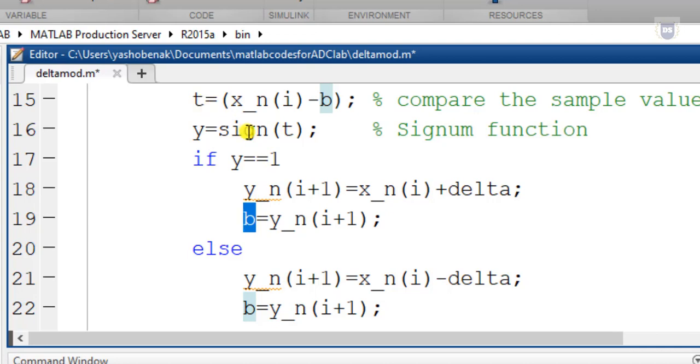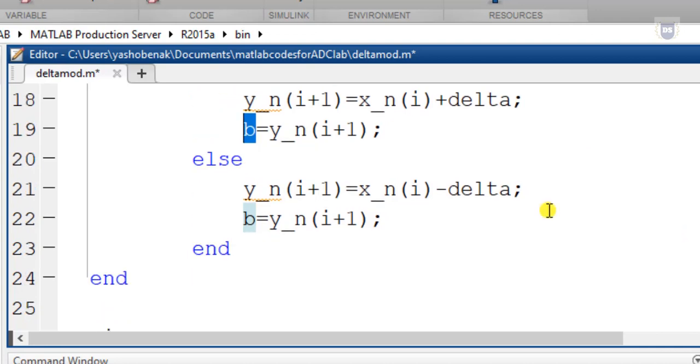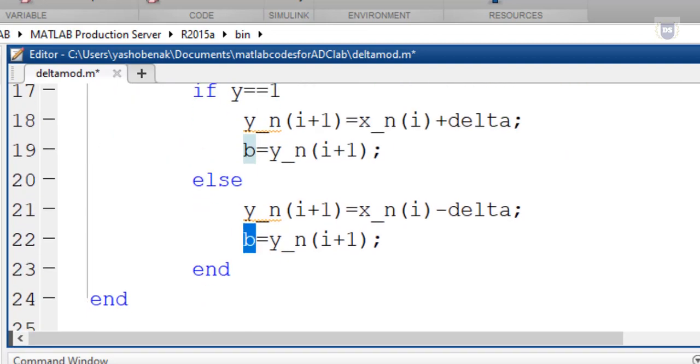Or else, if this error value is negative, then the signum function of t will be 0, and thereby the y value will be equal to 0, which makes the else part execute. When the else part gets executed, here we can see that xn of I will be subtracted with this delta value and in turn will be assigned onto yn, and this updated value of yn of I plus 1 will be assigned onto our predicted output, and this happens for all 67 values,